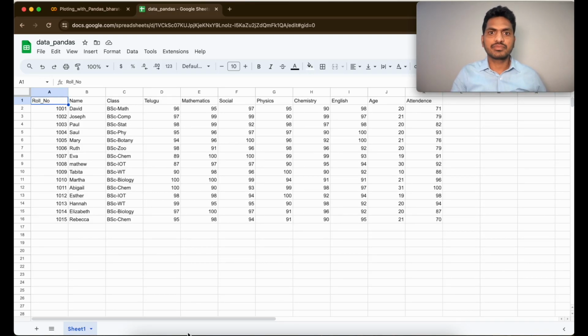Hi friends, in this video we are going to see how to draw graphs using the Python programming. We are going to use the library called Pandas. See, this is Google Sheet. I have created some data